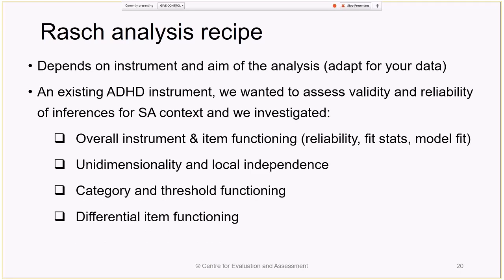Differential item functioning, remember earlier when I said that if you have a ruler, it must measure the same way for different people. So we want to make sure none of our items are biased for any of the groups who are answering them. And construct validity. What we know about the construct, does the way the instrument then respond to that, does that make sense? Is it ordered in a way that fits with our construct?